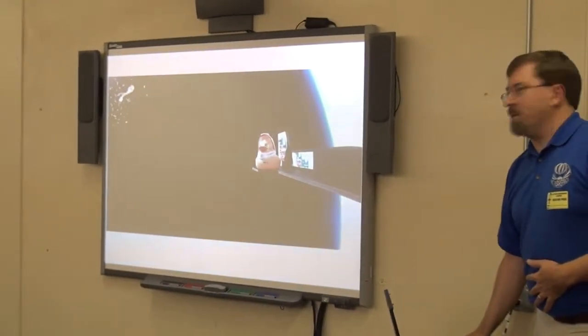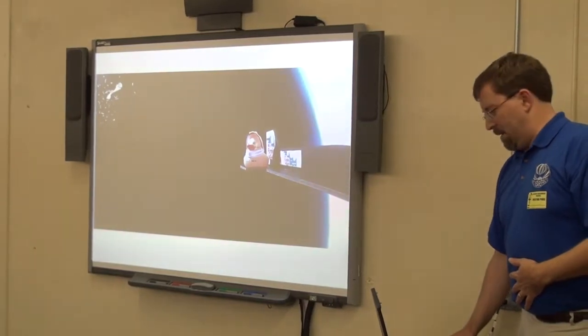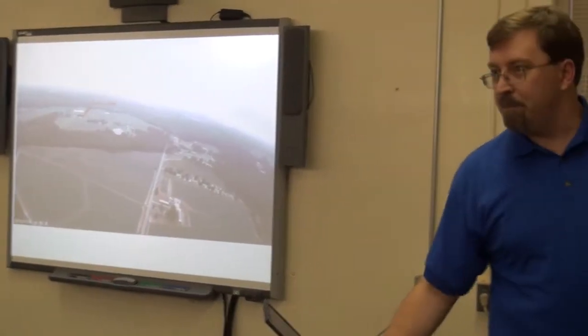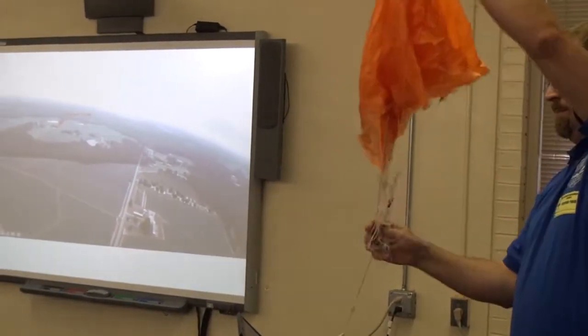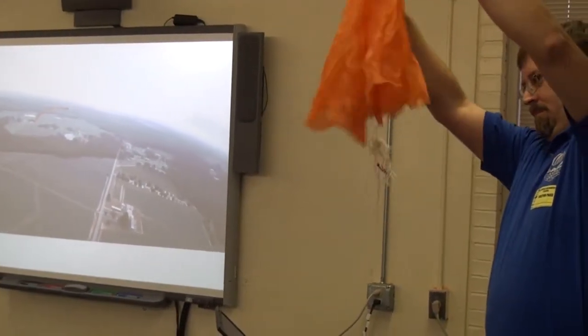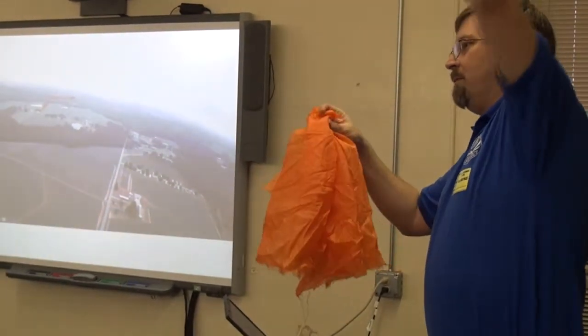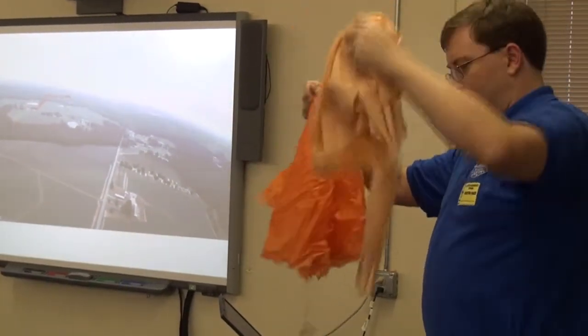This is right after pop. Poor duck needs to hang on. So then the thing's going to come down on whatever parachute. And we hope that this mess, flapping around up here, doesn't get tangled in this.